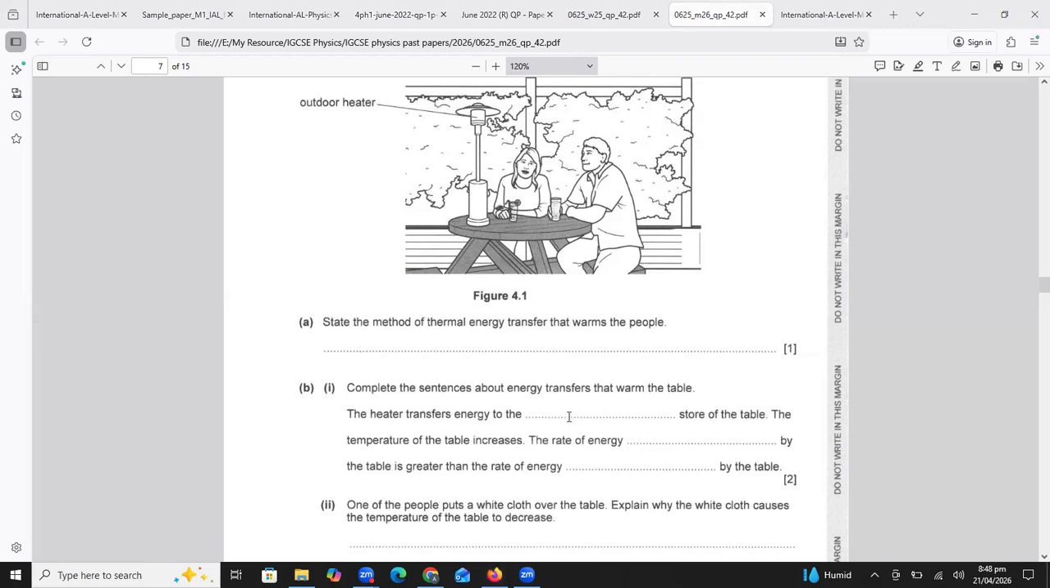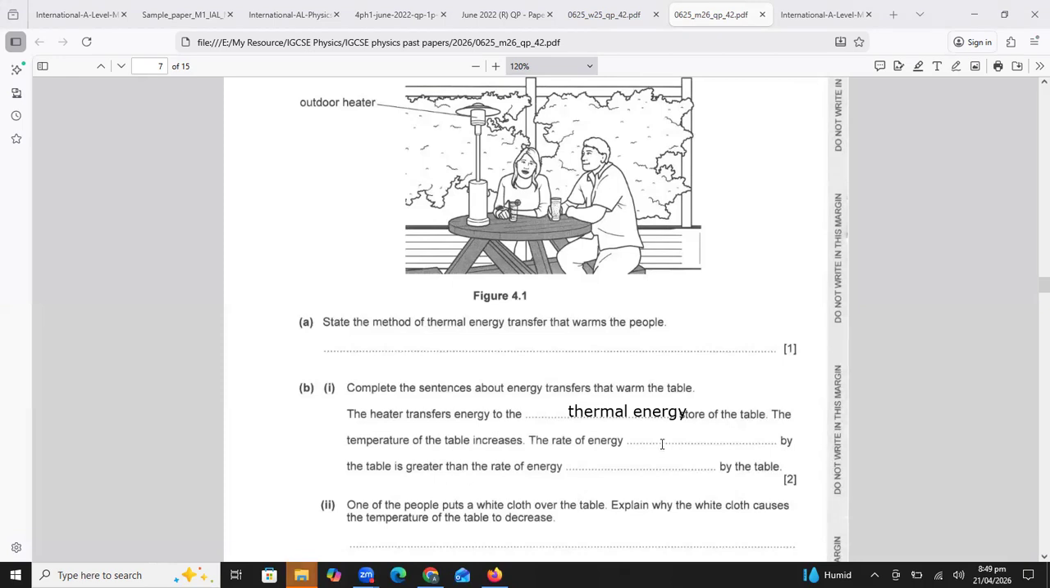So the heater transfers energy. So which type of energy is the heater transferring? It is transferring thermal energy. All right, heater is transferring thermal energy, or we can write the heat energy as well. Now they are saying the temperature of the table increases, obviously. Now they are asking the rate of energy dash by the table is greater than the rate of energy dash